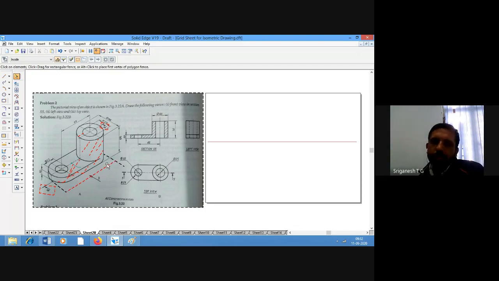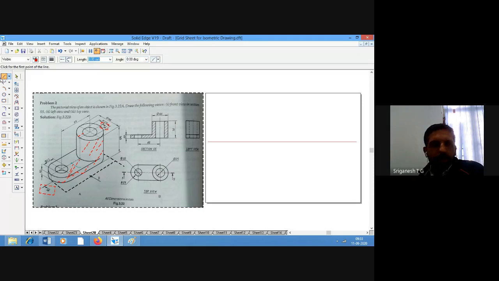We need not always start from the top view only. I know the length of the object even after sectioning. The length of the object is going to be how much? 65 plus the radius. 46 is the diameter, so 23 and 23 this side.